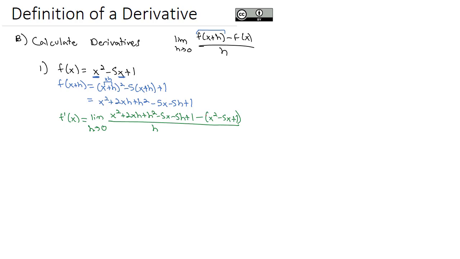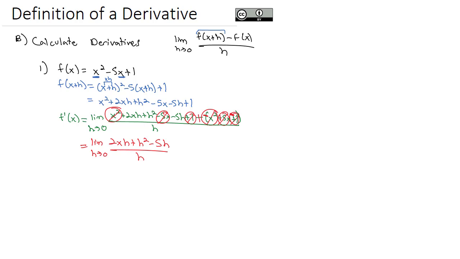So let's do that. When I distribute the negative, I'm going to get a negative x squared, a positive 5x, and a negative 1. So distributing that negative through. And then to simplify, I see we've got an x squared minus x squared, which is 0. I see we've got a negative 5x plus 5x, which is 0. I see we've got a positive 1 and a minus 1, which is 0. So now I have the limit as h goes to 0 of 2xh plus h squared minus 5h all over